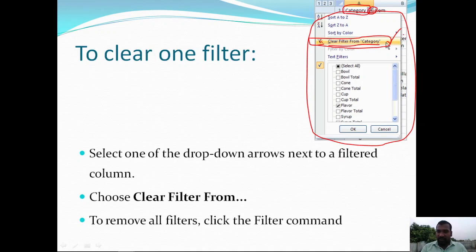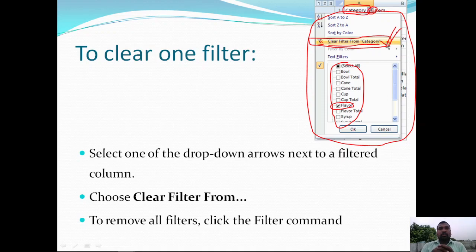So only this flavor related data was displayed after applying the filter. Now if you perform this one, then all the categories are selected and all the information will be displayed.